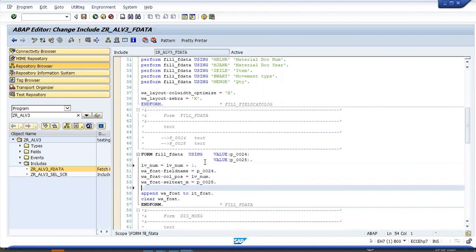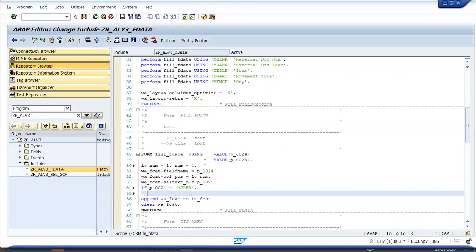So here I'm checking if p underscore 0024 equal to MJAHR, then for the field catalog hyphen emphasize equal to C410.